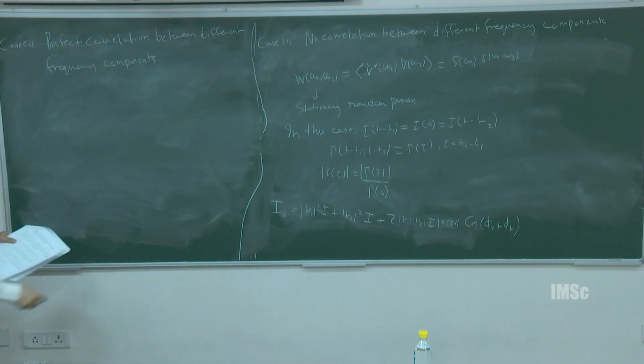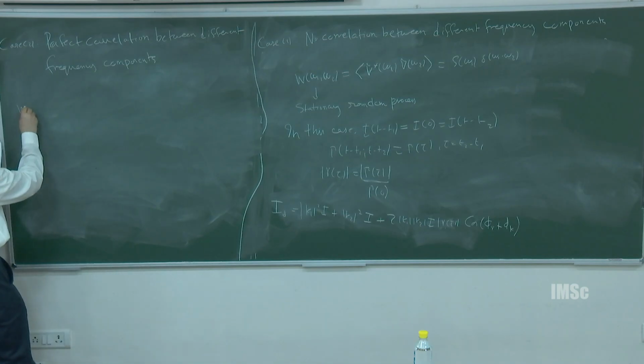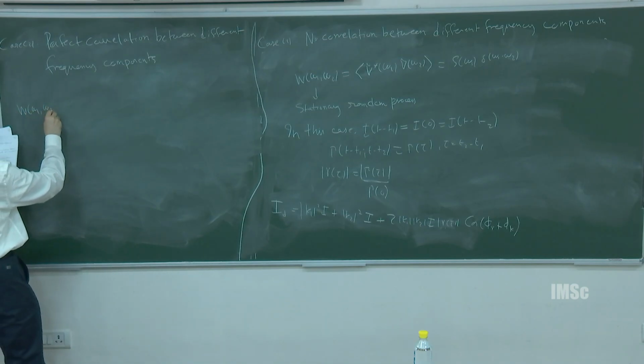Now, when the source has perfect correlation between its different frequency components or spectral components, the cross-spectral density is given by